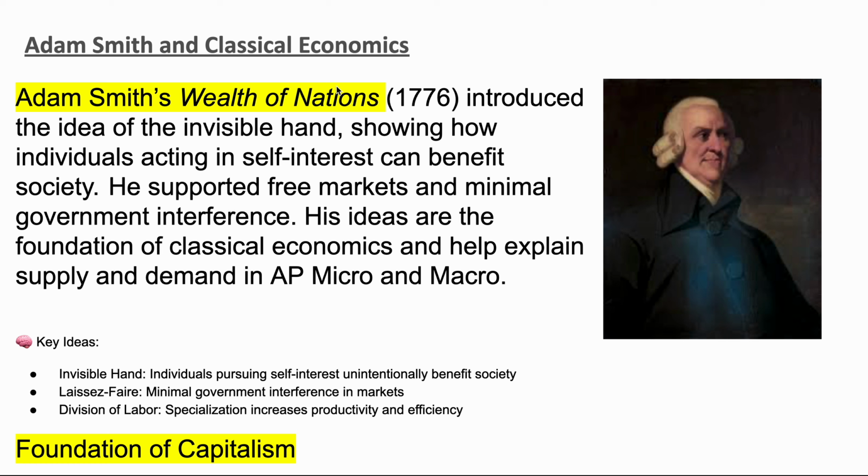He writes a book in 1776, The Wealth of Nations, which talks about a lot of different stuff. It basically conceives the first ideas of capitalism and economics. He's talking about the invisible hand, that everyone tries to basically pursue their own self-interest. They want to benefit themselves, and that leads to benefiting society. He talks about laissez-faire, minimal government intervention. He talks about division of labor, where specialization increases productivity. But basically, it's the foundation of economics and the foundation of capitalism as a whole. He briefly talks about supply and demand, and also a lot of different concepts that we learn later on are